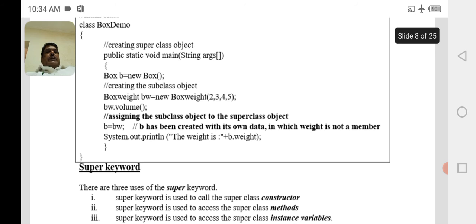Though we have assigned the subclass object reference variable to this superclass object reference variable, when we use System.out.println, the weight is b.weight. b is the object reference variable of the superclass. Weight is an instance variable present in the subclass. So we will get an error since weight is not defined in the superclass.